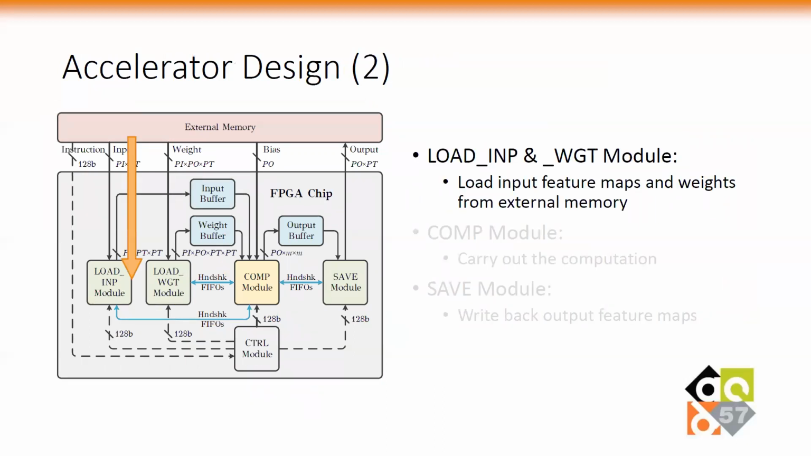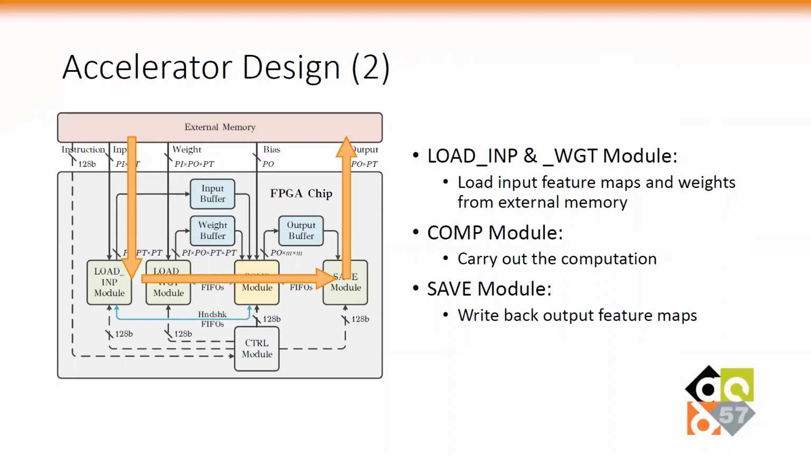The first 2 modules are load modules. They will load input feature maps and weights from external memory to on-chip buffers. Then, the compute module will carry out the computation before the save module writes back the results. All of these functional modules are dynamically scheduled into a module-level pipeline and can work concurrently to guarantee the efficiency